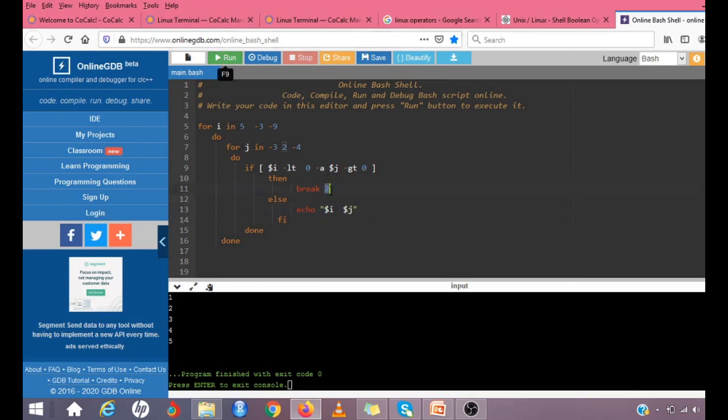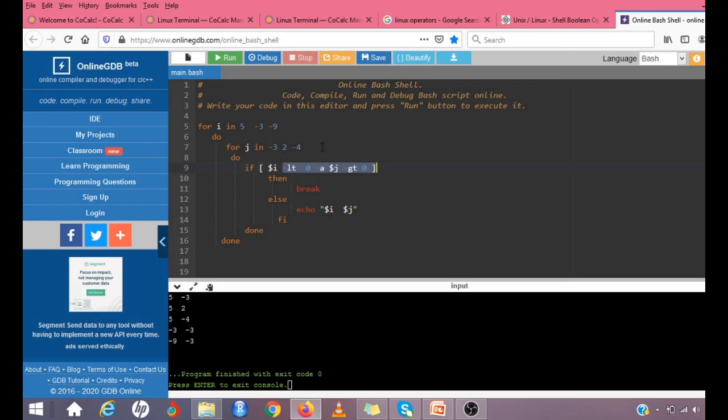I'll just change this to break. We'll see the difference between break and break 2. So 5 minus 3 is printed, 5 2 is printed, 5 minus 4 is printed. Then i takes the next value, minus 3. So minus 3 minus 3, minus 3 2. Now the condition is satisfied, so you encounter a break. That means it will break out of the enclosing loop, that is the j loop.